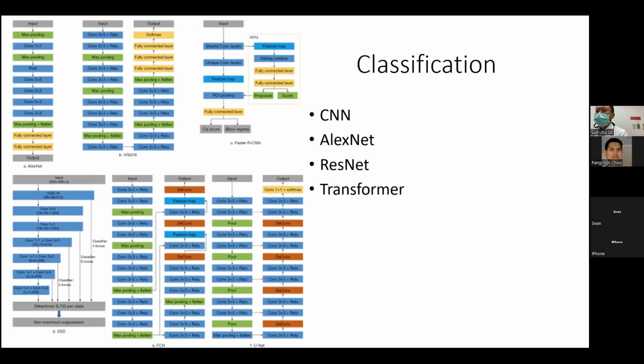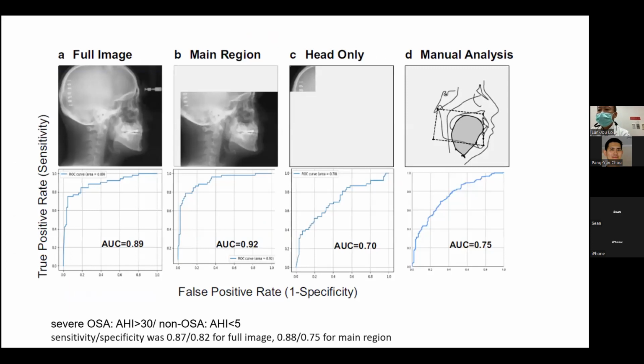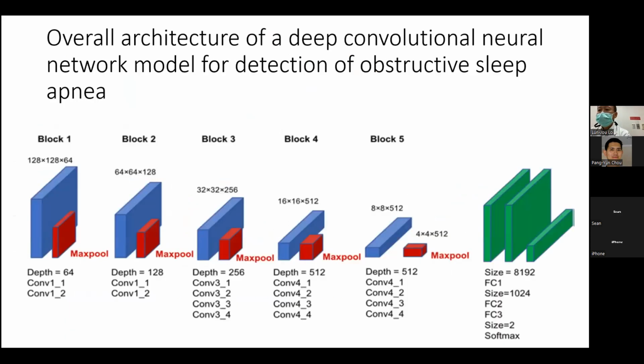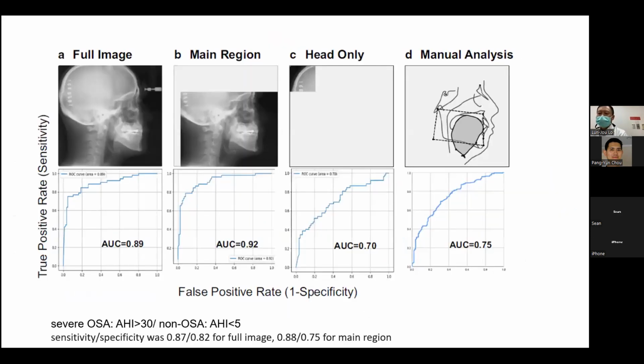I'm more interested in the previous study. You cited the paper, the previous paper. They used cephalometry, and could we go back to that slide? The one before, yes, this one. Because they compare the manual analysis. So how do they do the manual analysis? What do they mean? Oh, they mean they